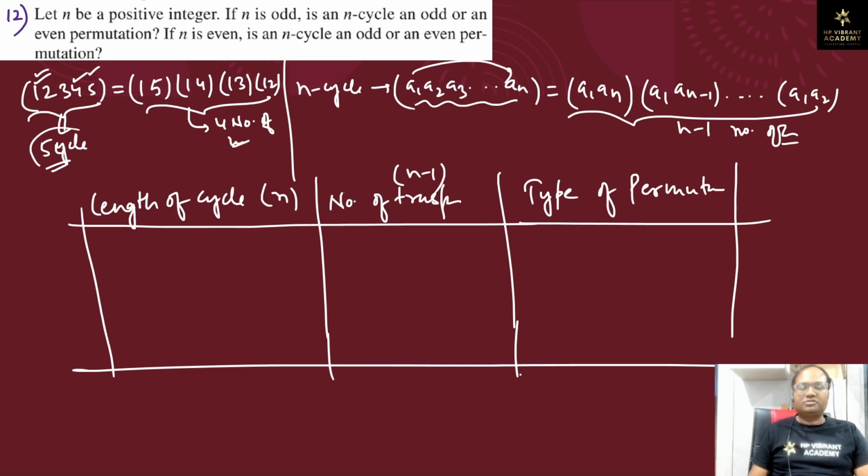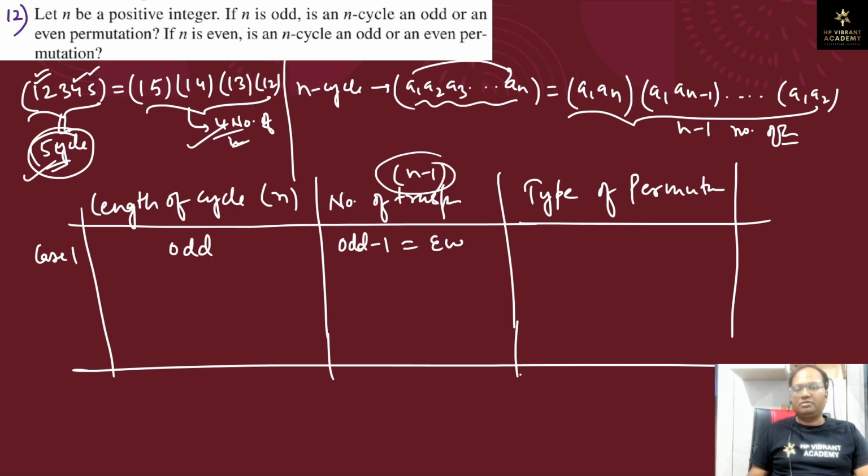तो n cycle gives a n minus 1 number of transposition, similarly 5 cycle gives a 4 number of transposition, that is 5 minus 1। so length of cycle n है, तो number of transposition n minus 1, ठीक है। तो क्या है देखो यहाँ पे दिया if n is odd, तो पहला केस ले लो, केस 1, if n is odd, ठीक है। तो नंबर ऑफ ट्रांसपोजिशन क्या होगा odd minus 1, तो ये क्या होगा इवन। तो हमने क्या देखा है टाइप ऑफ परमुटेशन, अगर नंबर ऑफ ट्रांसपोजिशन इवन है तो टाइप ऑफ परमुटेशन इवन होगा। सिमिलरली लेंथ ऑफ साइकिल इवन हो गया, तो नंबर ऑफ ट्रांसपोजिशन क्या होगा इवन माइनस 1, तो ये क्या हो गया ऑड। तो नंबर ऑफ ट्रांसपोजिशन ऑड है तो टाइप ऑफ परमुटेशन ऑड है, ठीक है।